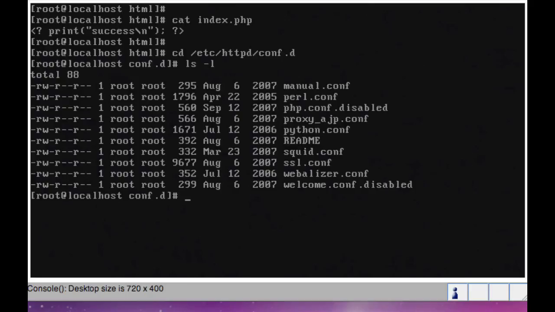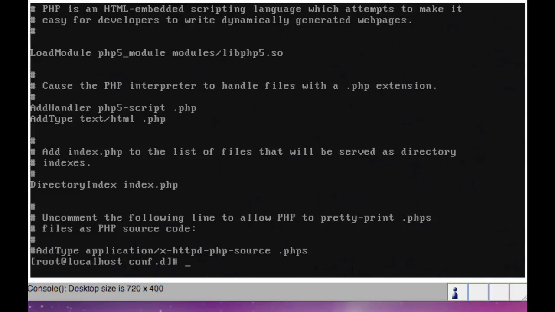And the way this works, the contents of this directory, any files in here will be included in the configuration if and only if they end in the extension .conf. So something ending in any other extension, such as .disabled, obviously that's not going to work. And you can tell why this is very important and why it's not working, because it's been disabled. If you look at the contents of this php.conf, you'll notice, well, okay, that scrolled through a little bit too fast. But if we read through it, basically,